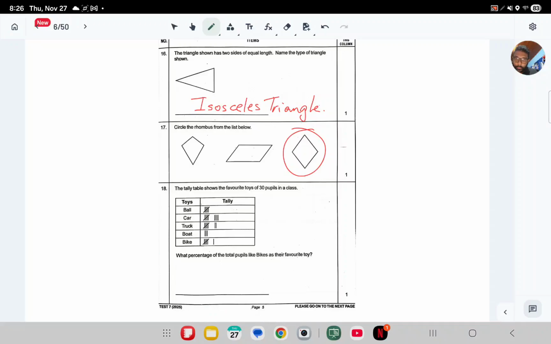The tally table shows the favorite toys of 30 pupils in a class. What percentage of the total pupils like bikes as their favorite toy? So we know the total, 30, and they said what percentage of the total like bikes. Alright, so to represent something as a percentage, first we need to express it as a fraction and then move from there. So bikes we know is 5 add 1 is 6 over the total, which is 30,